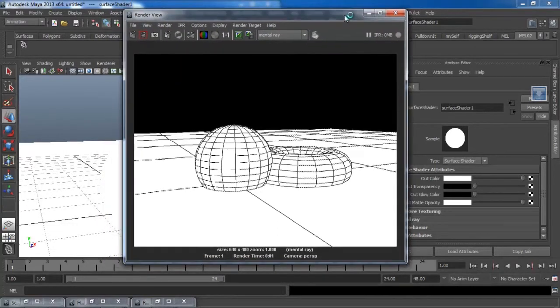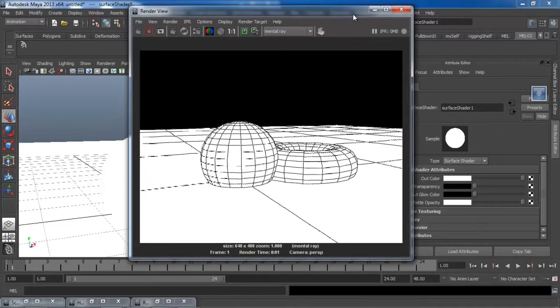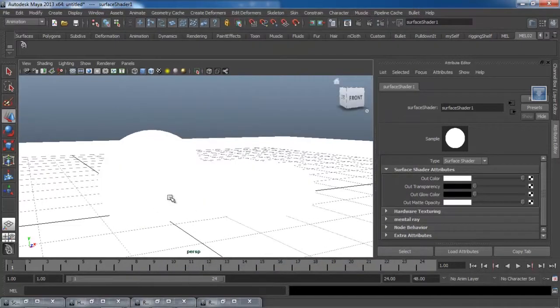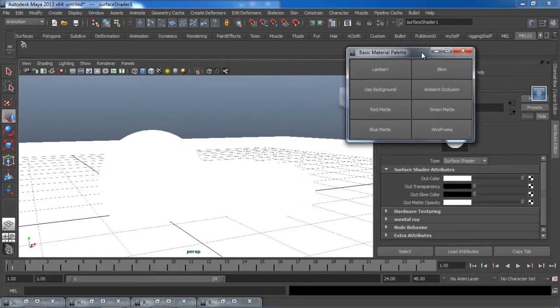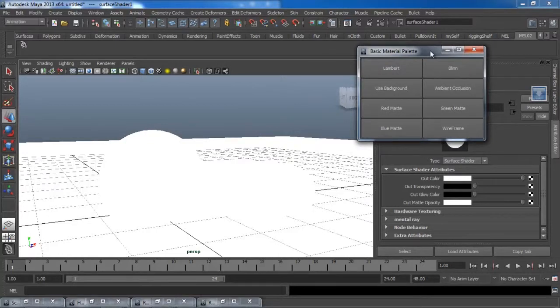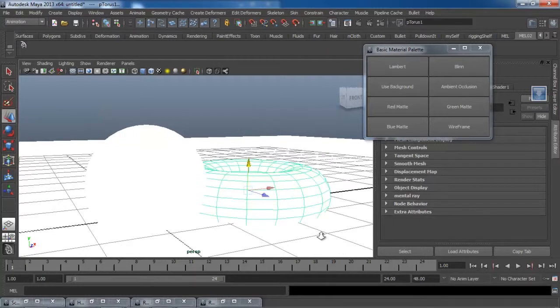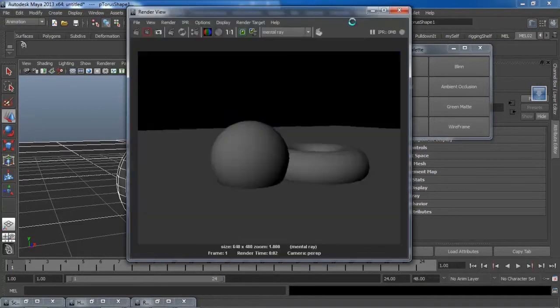In the last video I also promised you to come up with some sort of script which I am going to teach in my upcoming workshop. So here it is. We will click on the script, and here is a very basic script I have created for my workshop, which is beneficial for Maya users. It will be good for maybe lighters and texture artists as well as effects artists. So let's have a look at this. We'll select all the objects and click on the Lambert button, and in this way Lambert has been applied to all of these objects.